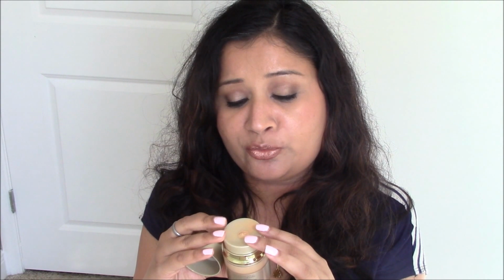The second thing is the applicator or the pump is a little weird. Although I was excited about this form of dispenser, later on I realized that you cannot control the amount of product you want out. So that's another thing. I love the concealer in here. I have it under my eyes. I have no complaints about that concealer. It looked beautiful throughout the day. You can see it's looking beautiful right now as well. But the foundation, I don't think I'm in love with the foundation, and it's not like a high-end foundation. I paid like $40 for this foundation, and the concealer I would say is totally worth it, but the foundation I don't think so,